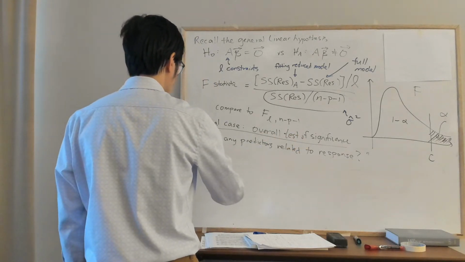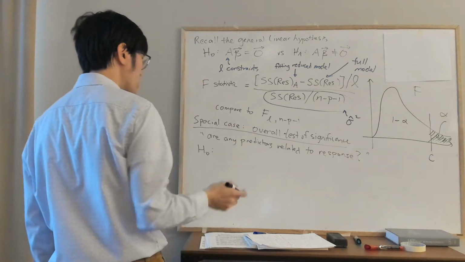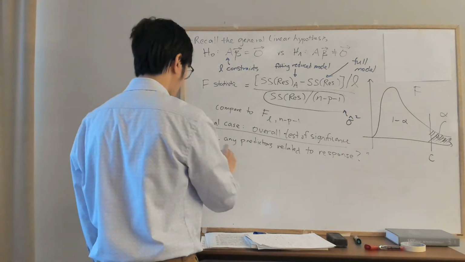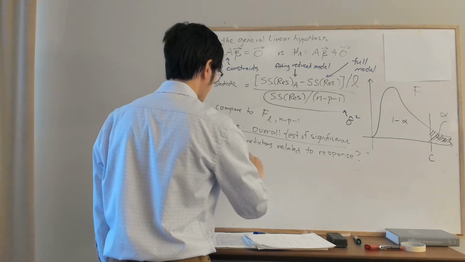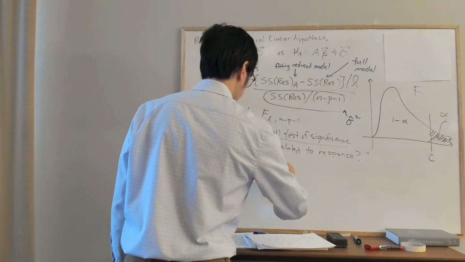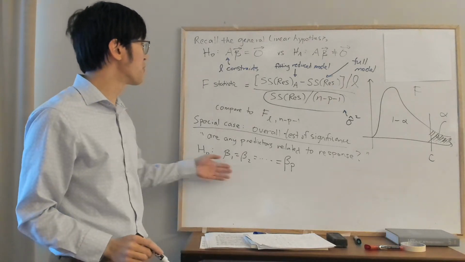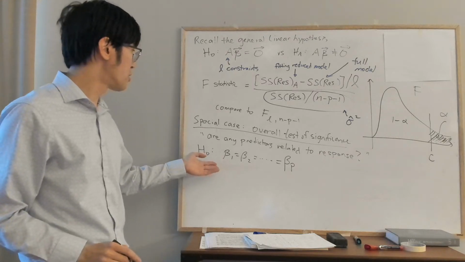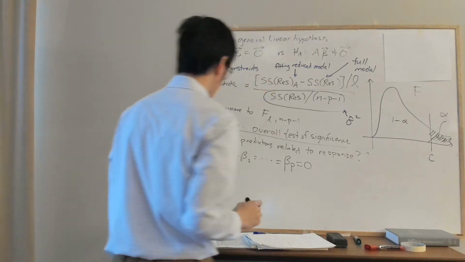The null hypothesis is that none of the predictors matter, and we can write this in terms of the individual regression parameters in the model. So beta 1 doesn't matter. We have each of these coefficients. We have p predictors in general, and if none of them are related to the response, then we can write this as the hypothesis that all of these are simply 0. So this is the null hypothesis